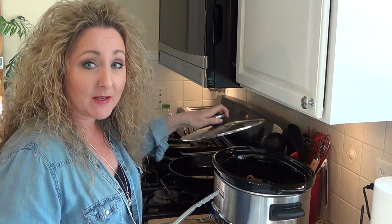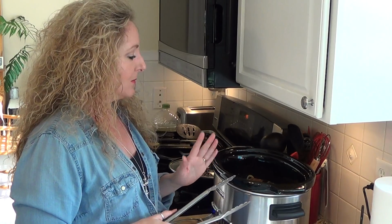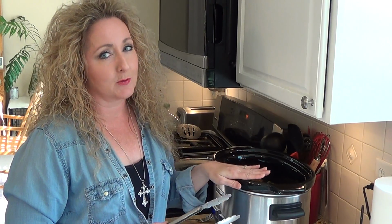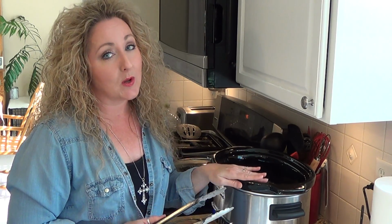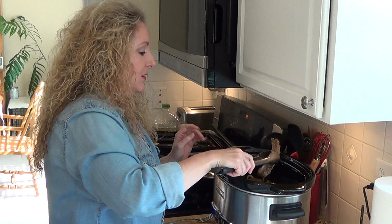Hi guys, welcome back. Our ribs have been in the slow cooker for a little more than 4 hours. They weren't quite tender enough for me, so I let them go an extra half hour, and they've been sitting in my slow cooker on warm. Now, like I said, there's a really fine line between super tender and falling off the bone. We want super tender, not falling off the bone, or you won't be able to grill them. So we're gonna take them out of the crock pot,